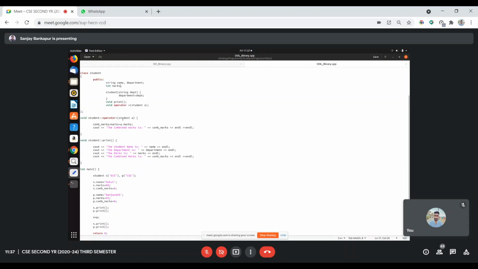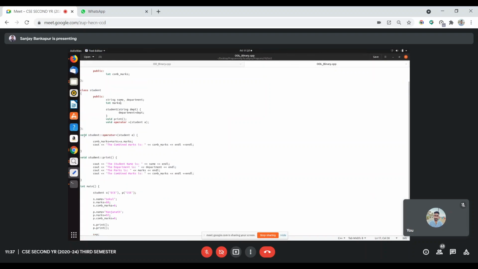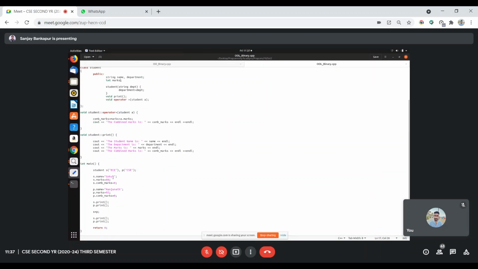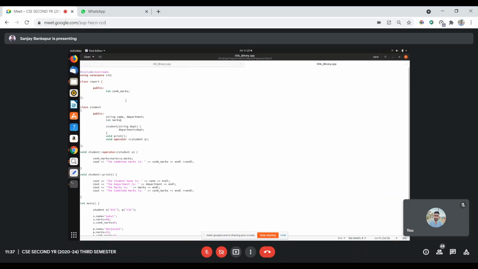Here what I will do is combine marks. All the added values should be stored in this. I will take both the operands' marks, add them, and keep that in report. So how to add and store?